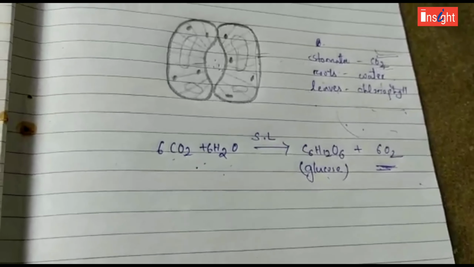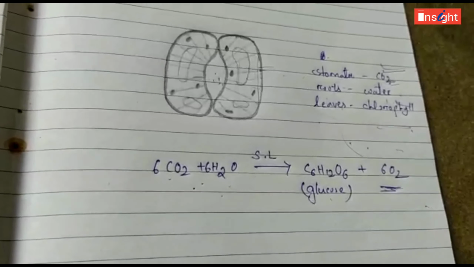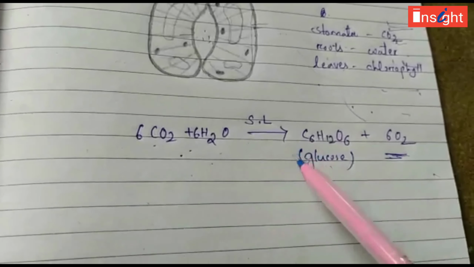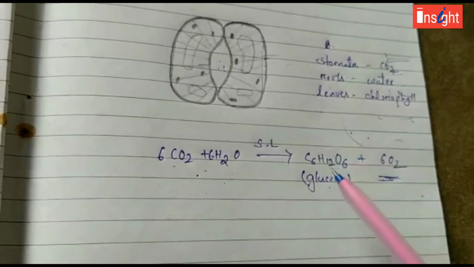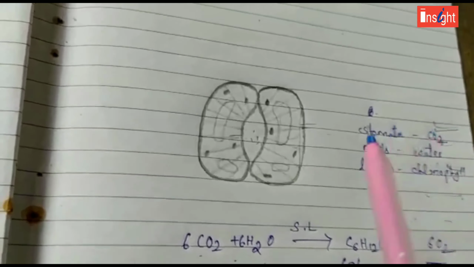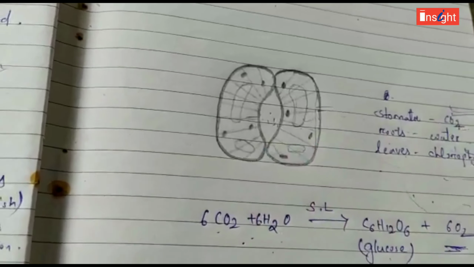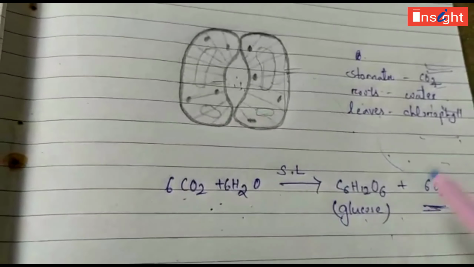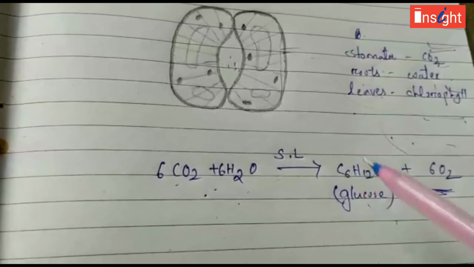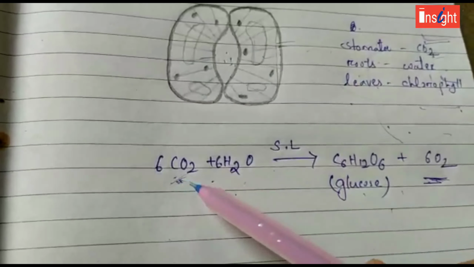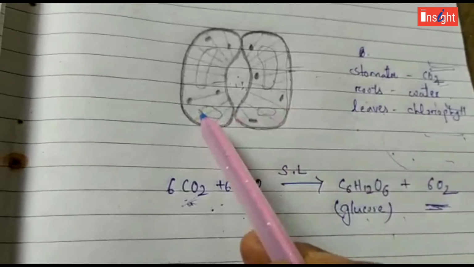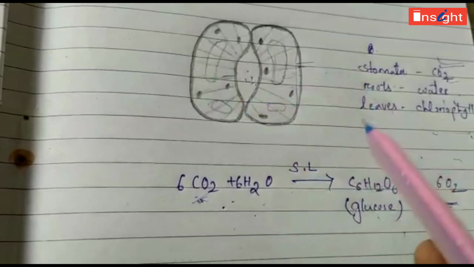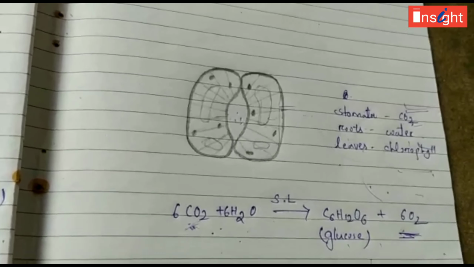That means without photosynthesis, life would be impossible on the earth, because of photosynthesis we are getting food, and not only food, we are getting oxygen also, which is necessary for our respiration. Because when photosynthesis takes place, the plants use carbon dioxide as a raw material and release oxygen. So this is a very important process, so that we are getting oxygen because of photosynthesis.